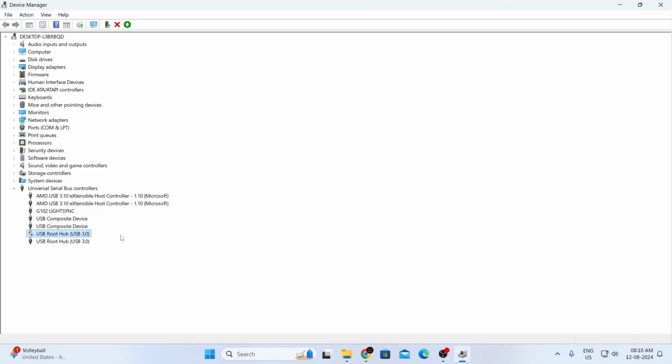And to enable it again, the process is also the same. Just right click on it again. Then just click on Enable Device. Then just wait. And there you go. The USB port has been enabled. And that is how to enable or disable USB ports in Windows 11 laptop or desktop